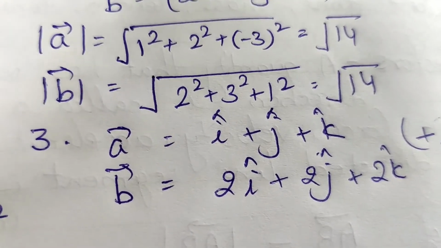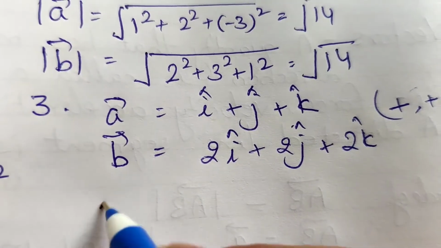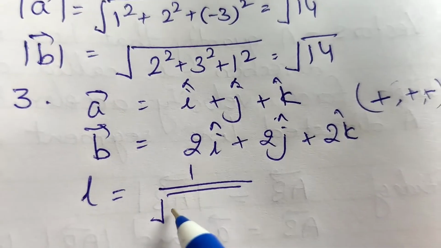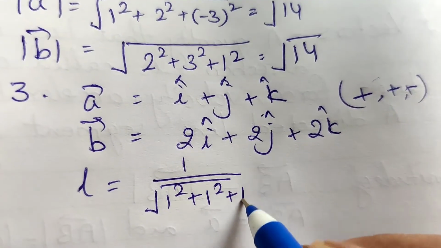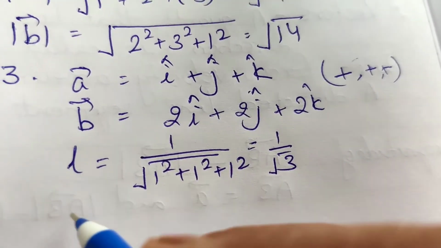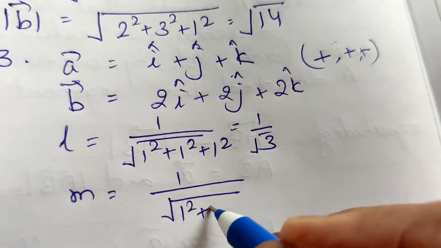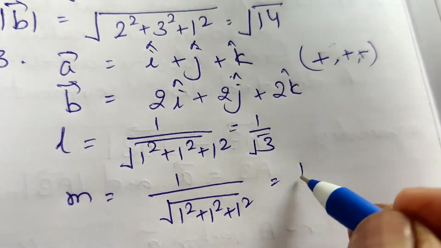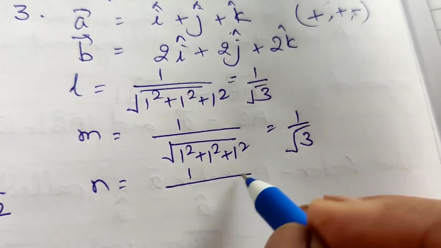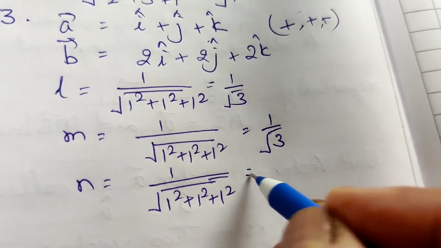Now the direction cosines. Check. The direction cosines: l equal to 1 upon under root 1 square plus 1 square plus 1 square. Of the first one, it is equal to 1 by root 3. Direction cosines, m equal to 1 upon under root 1 square plus 1 square plus 1 square. It is also equal to 1 by root 3. And n equal to 1 upon, direction cosines of the first,